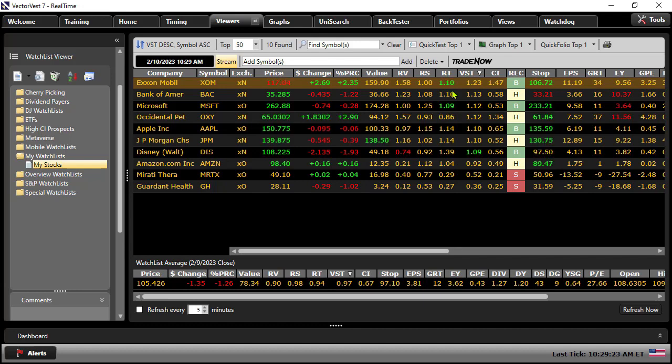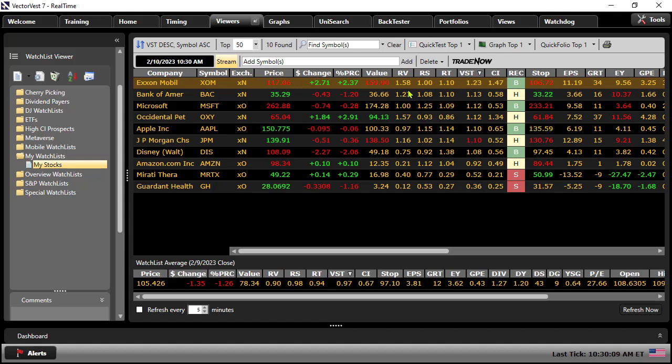Well, again, as I stated, the VST is the core ranking here. That's our core indicator. The top VST stocks come to the top, and it's the ones at the bottom that I have to start to weed out and to manage my portfolio. And it's here we can also sort. Now the default sort is VST, but we can sort by any of the core indicators and rank analysis of